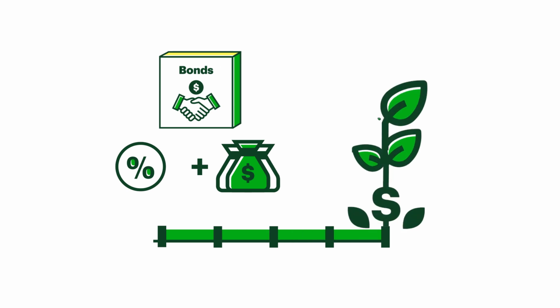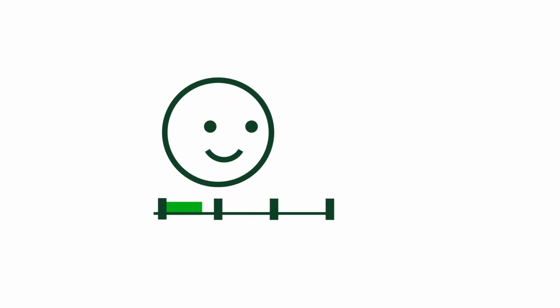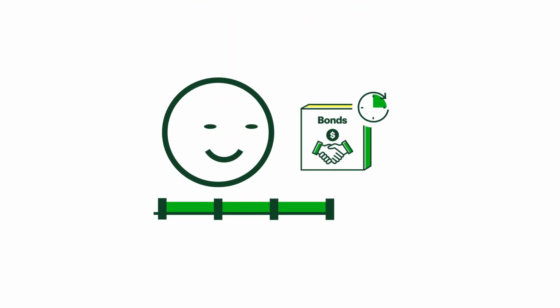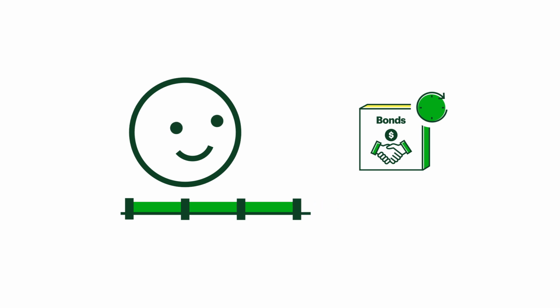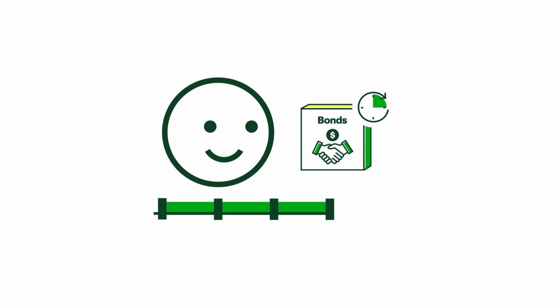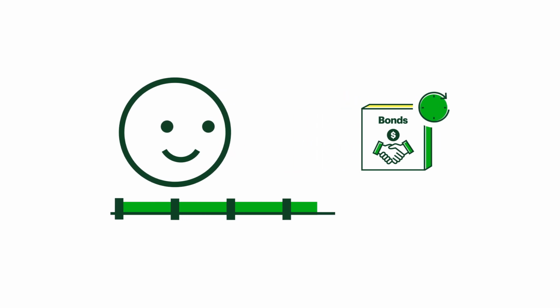called the maturity date. The total return you can expect to get if you hold your bond to maturity is called the yield, or the yield to maturity. Bonds have terms that range anywhere from a year to 30 years. If you're looking to access your principal in the short term, you may want to consider bonds with shorter time horizons. If you have the option of investing your money for longer, long-term bonds may be an option for you.